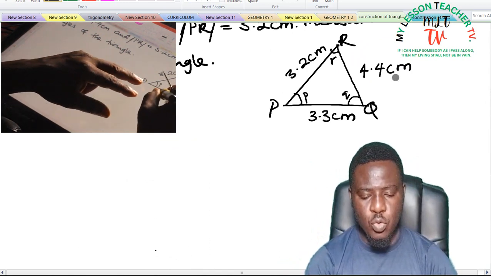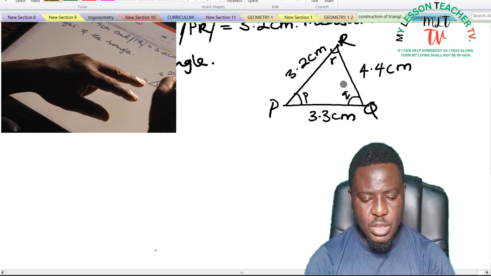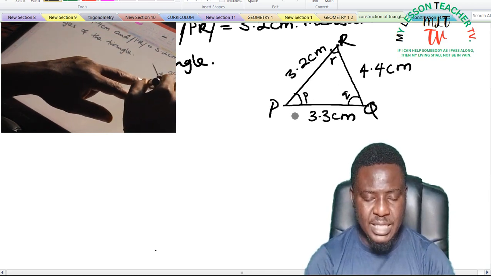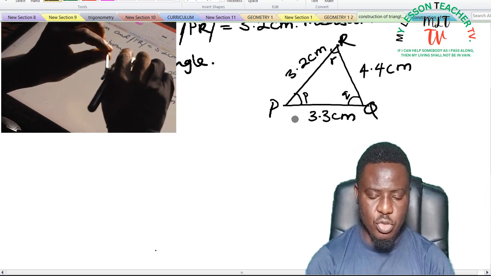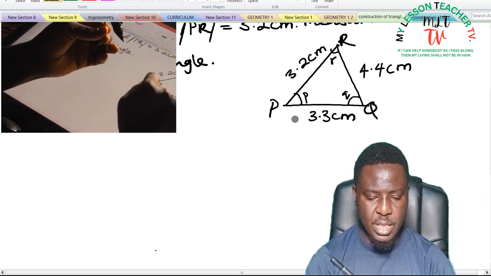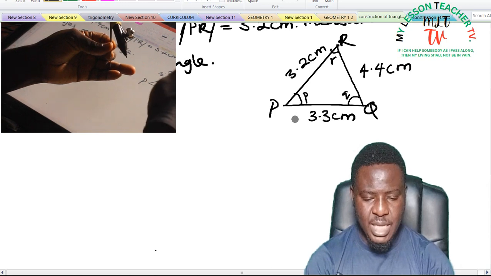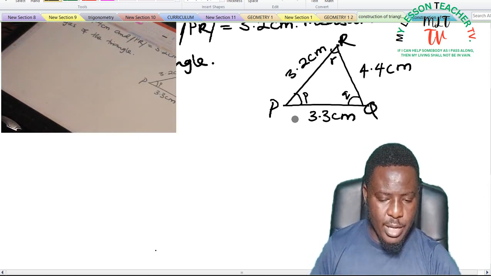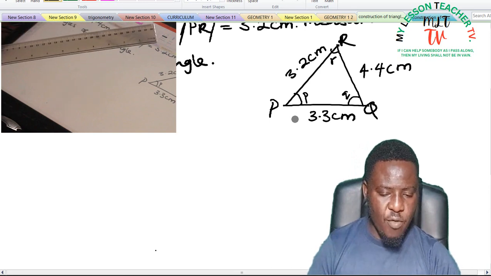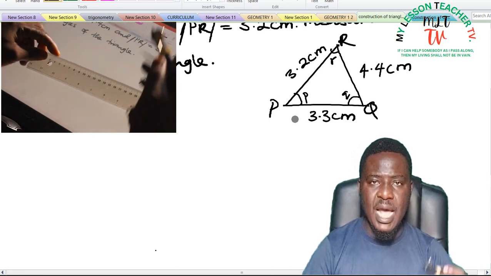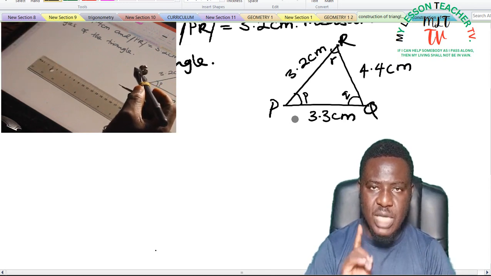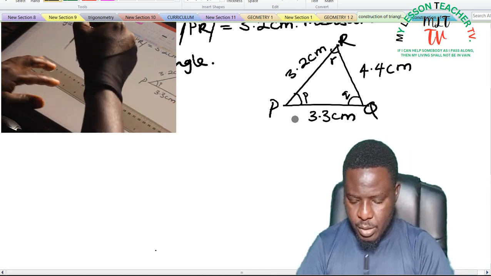So I'm going to construct my line PR, that is to say with P as center, I'll also measure using the compass, measure 3.2 centimeters and construct an arc, while I'll also do same with QR as 4.4 centimeters, and I'll also construct an arc where both of them intersect gives me my point R. So PR